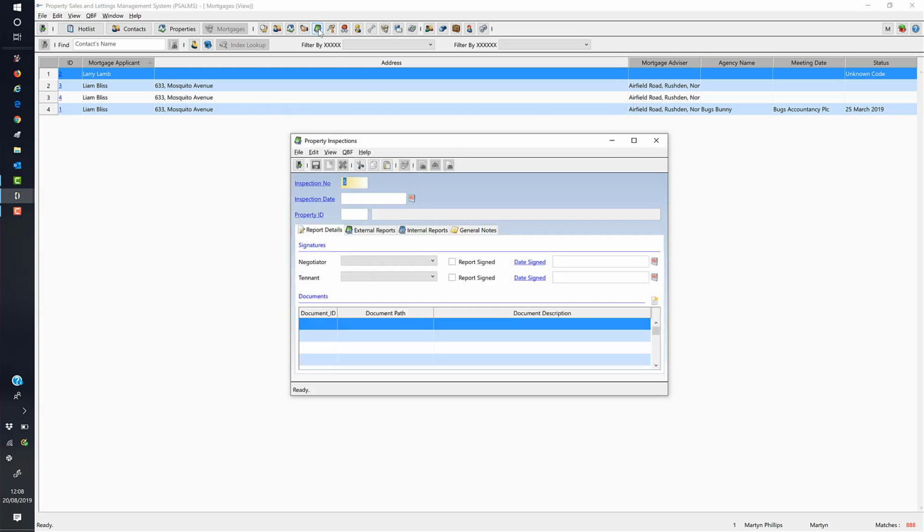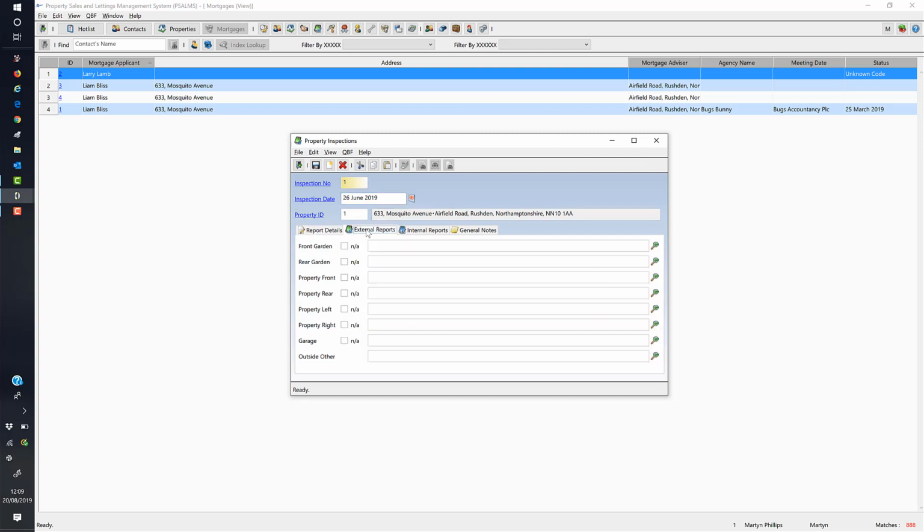The next one over is property inspections. This is mostly for rentals where you're doing a monthly, quarterly, 6 monthly, yearly inspection. So you get your report details. You can link to the hard copy reports if you're filling a form while you're out. You've then got your external details, so details about the front garden, etc. If there isn't one, you can just click to say that it's not applicable, or you can put some detail into here. Now, if we're putting detail into here, so this is my detail, if we run out of space,